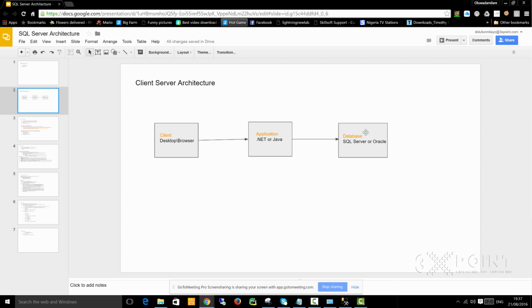So where you as a DBA lie is the third part of the equation here, and I want to believe that's the reason why sometimes they call DBAs third line support, because we're not first line. We actually sit at the very back end. A lot of people on the client side don't even know that we exist, but DBAs actually make things work, make things run, because without the database, you can imagine the client can go to Facebook, click on